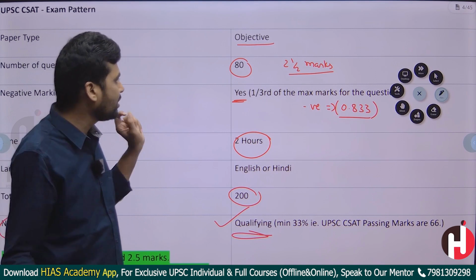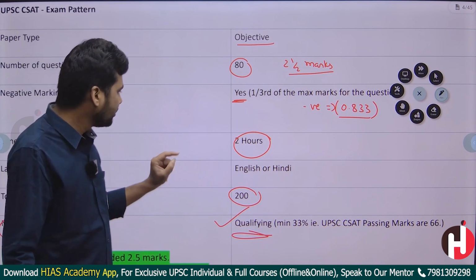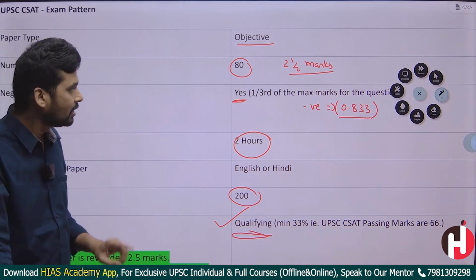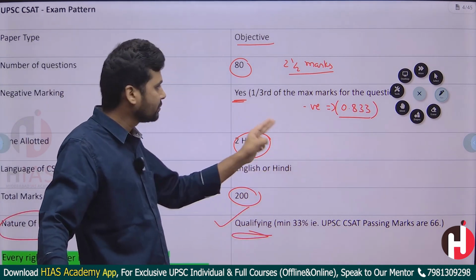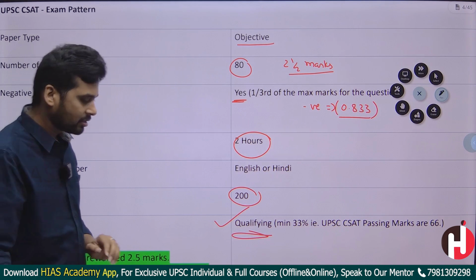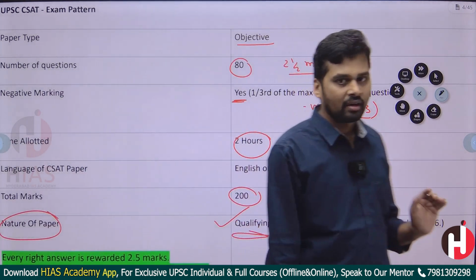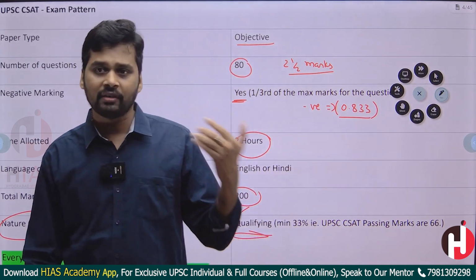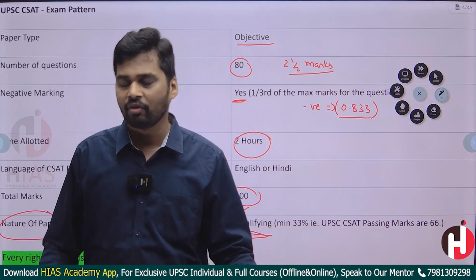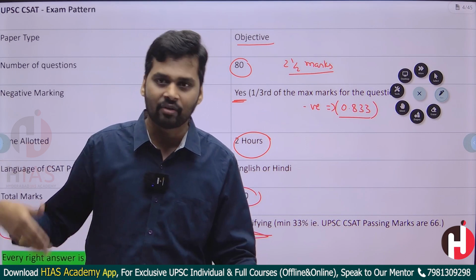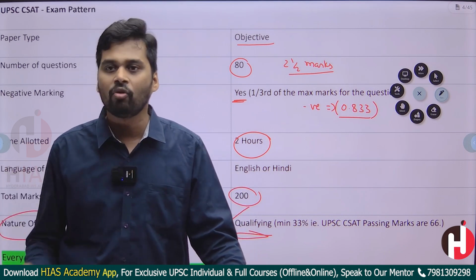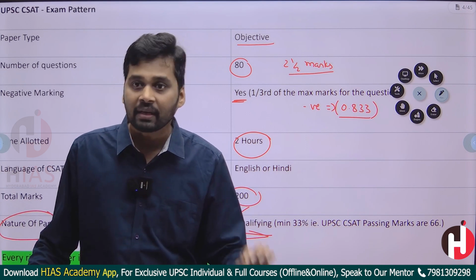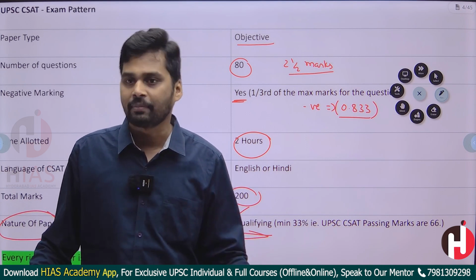So by the way, this is the structure. In total we have 80 questions and the duration is 2 hours. Each question carries 2.5 marks, and there is also a negative marking, which is 0.83. Okay, so minimum we need to get 66 marks. It doesn't matter if you get more than 66 marks. If you score 90, 100 or 120, 130 in paper 2, they won't consider it. These marks are not considered in the final list. But you need to qualify this paper.